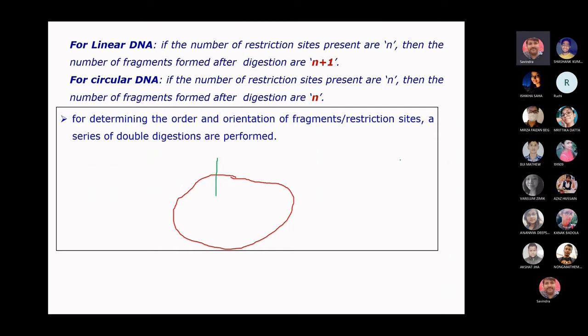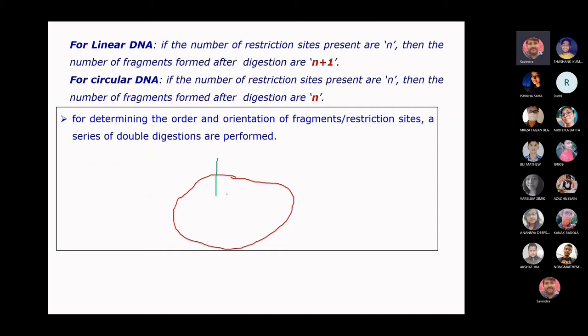Okay, for a particular enzyme. So for this plasmid, for X enzyme, this is the restriction site, but if you digest it by only X enzyme, you will get only one fragment. And there is one more enzyme Y which doesn't have any restriction site on this, so you also get one fragment or one band in the gel electrophoresis.